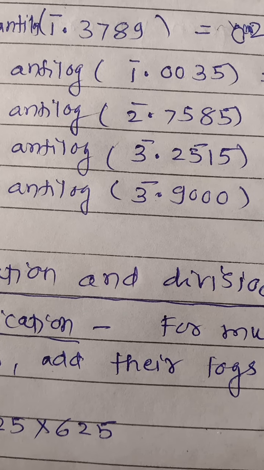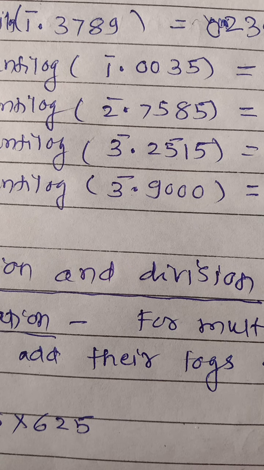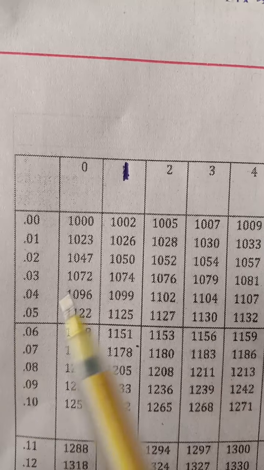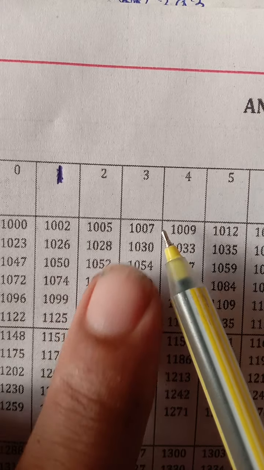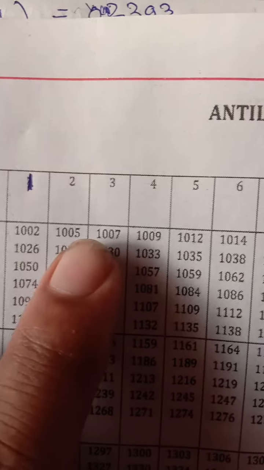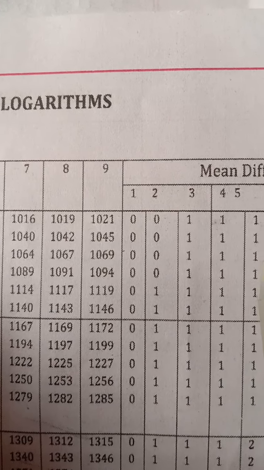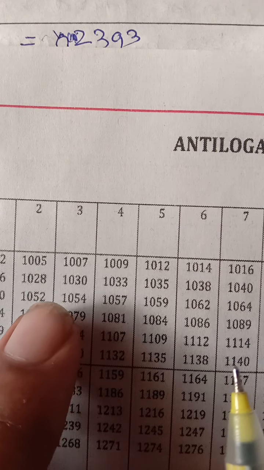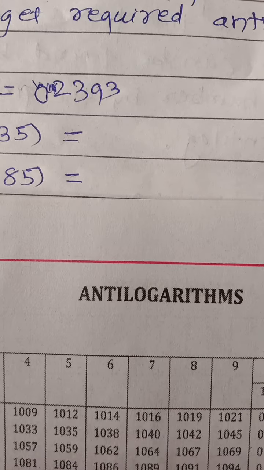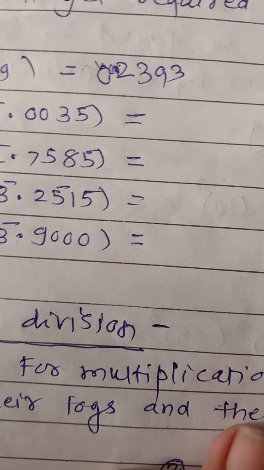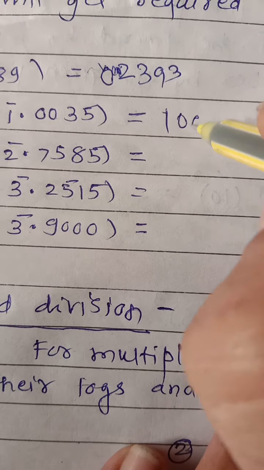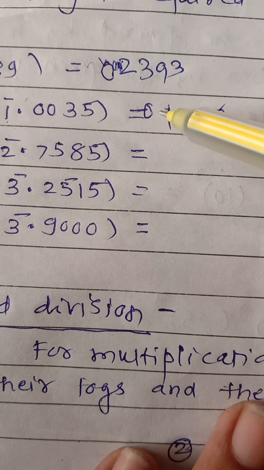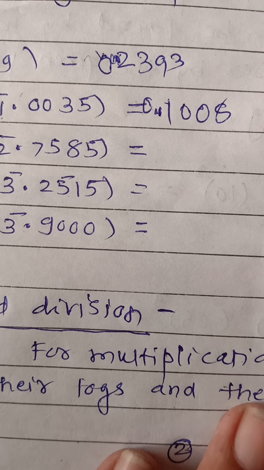Then for the second we will proceed, bar 1.0035. So for 00 in the first column, that is 0.00, then the third column is 1007, and then the mean difference from the fifth column is 1, and it comes out to be 1008, and therefore we can write here 1008. Then here it is again bar 1, therefore 1 zero will be placed, and leaving 1 zero we can put the decimal point,